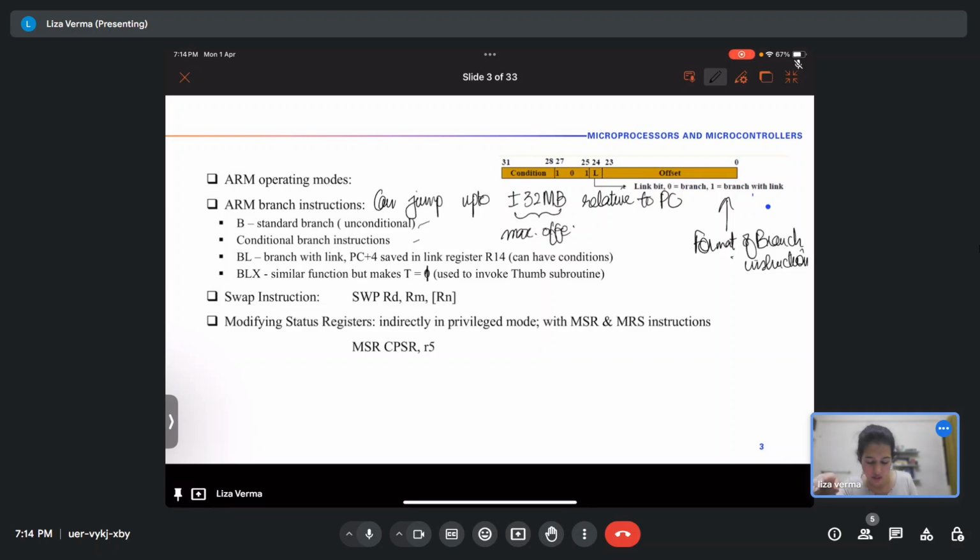which means the maximum jump, and this is the maximum you can jump: plus 32 MB of your PC value or minus 32 MB. So whatever value you want to jump by comes from bits 0 to 23. Why 0 to 23 bits? Because 32 MB equals 2 to the power